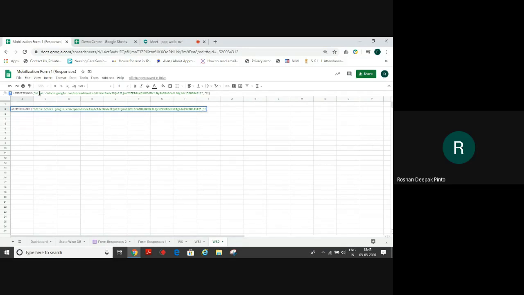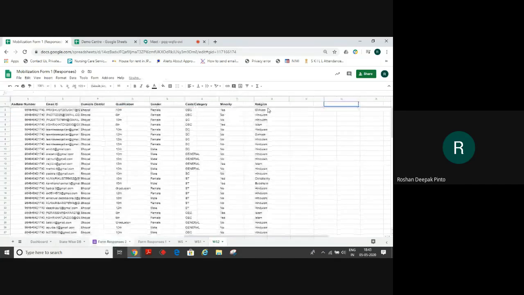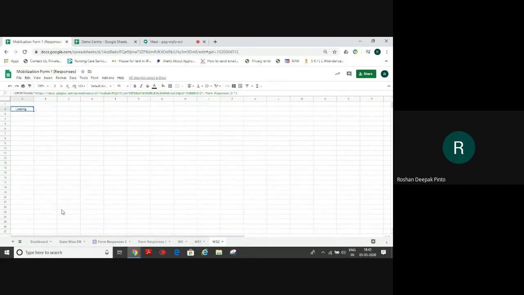I will type form responses, exclamation mark, and now from where to where. In form responses you can see the last column that has data is U. So till wherever the data is there, till there we will copy. Here it has started loading, but I don't want it to load now. Before anything closes, I will write A to U, from A column till U column, close inverted commas, and then enter. So it will start loading.